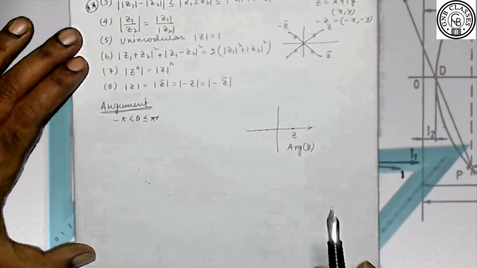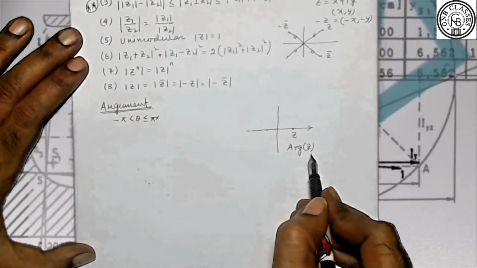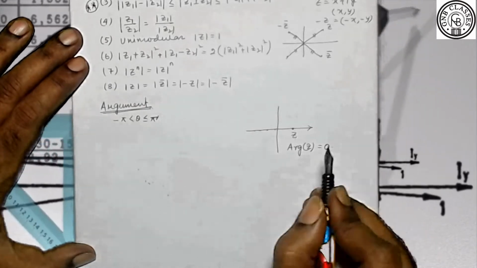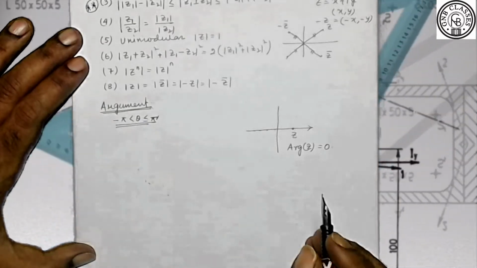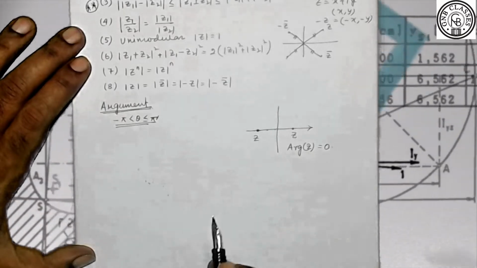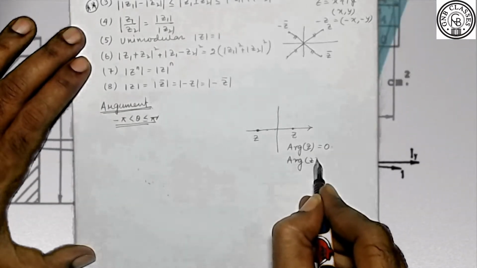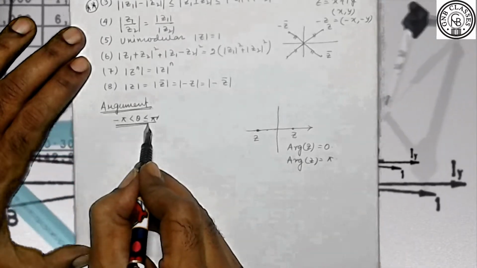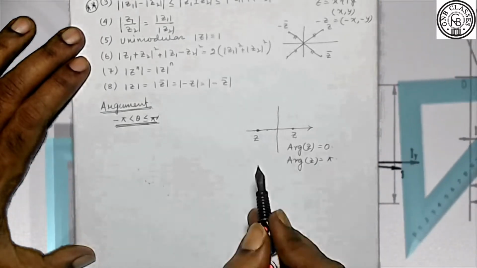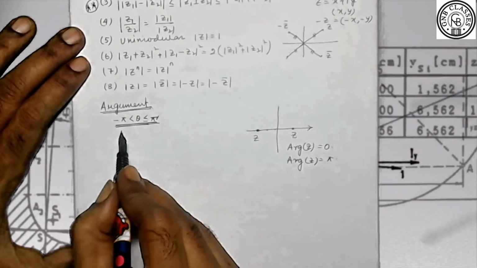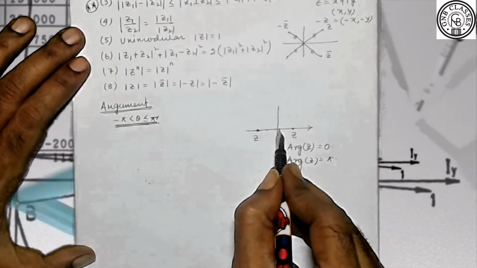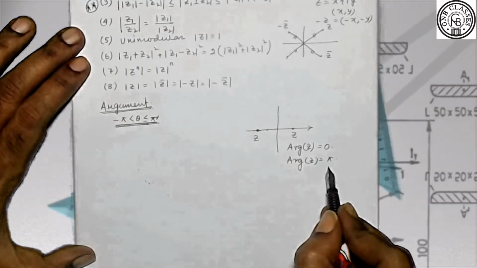Purely imaginary. Now, what is the argument of z when z lies on the positive direction of the x-axis? Naturally, it will be 0 because it is falling within this range. Now, if that point z is on the negative direction of the x-axis, then your argument of z will be nothing but pi. Again, consider this range, you must always keep in your mind, because this is the principal value of the argument. Here you cannot write this as minus pi because your theta will not take the value minus pi. Hence the argument of z when the point is on the negative direction of the x-axis is pi.